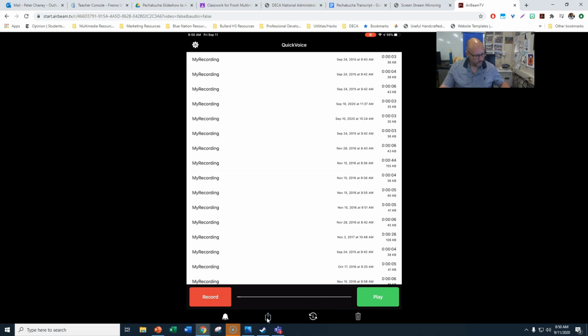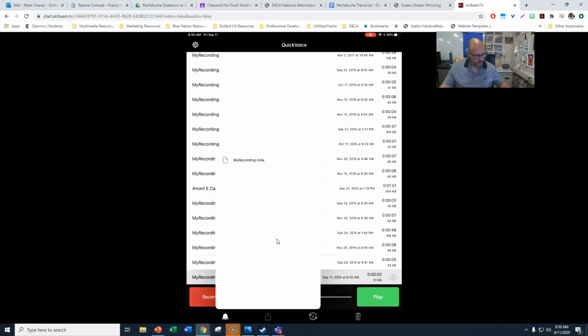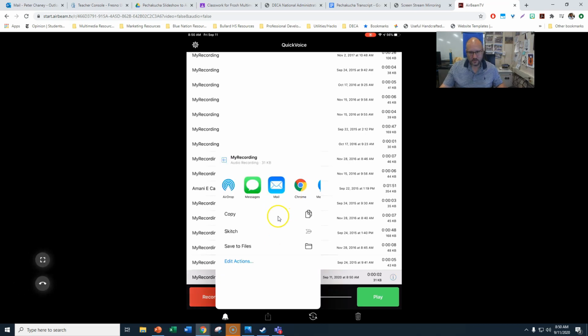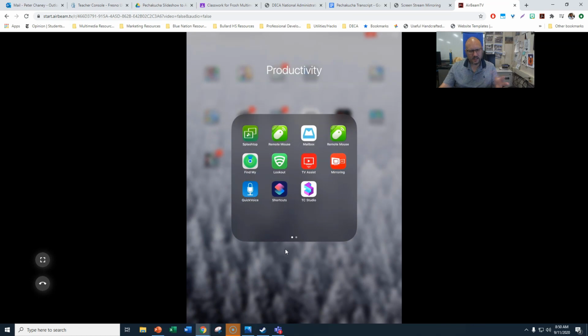And let's see, is it going to let me push it? I got to press record first, and then I got to stop, and then if I do my share button, there's all sorts of ways that I can get this out of here, like to email or Chrome or whatnot. So that's the Apple version, and again, I think there's a stock one, but I went to this one because